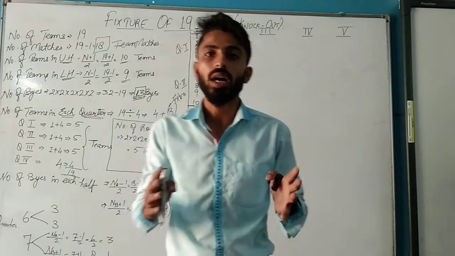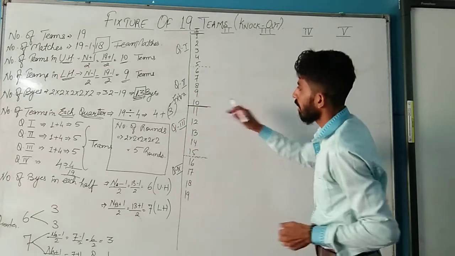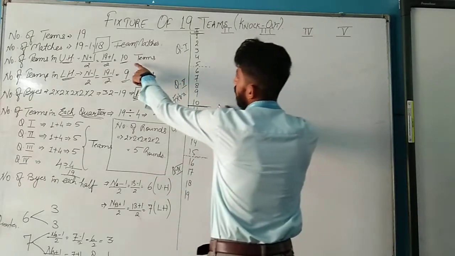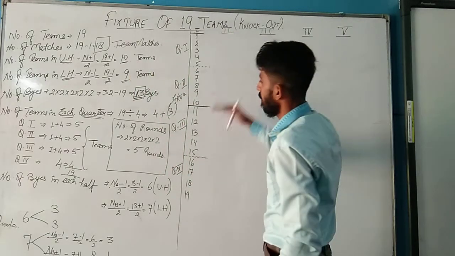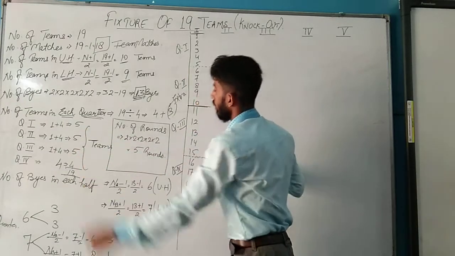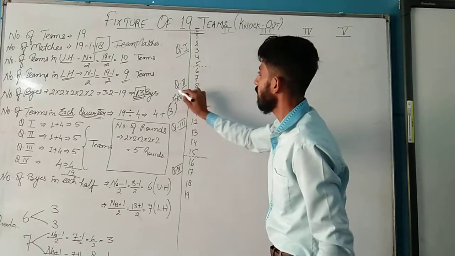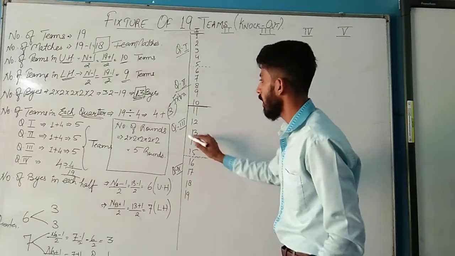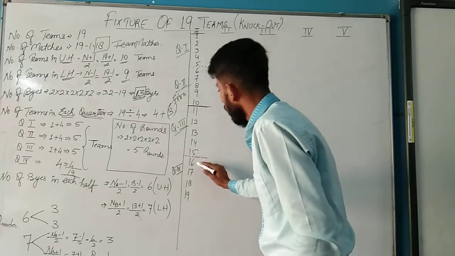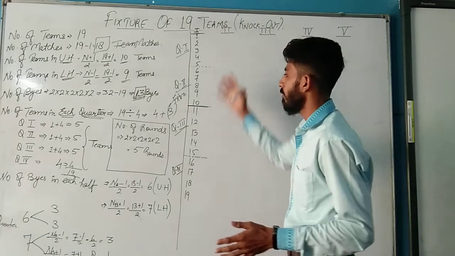Now we are going to calculate how the teams in the fixture are going to be divided as per the byes in quarters. Now let's move to the calculation. The fixture, as I told, the number of teams in upper half, this will be upper half and this is lower half. Now teams are further divided 5, 5, 5 and 4. 1, 2, 3, 4, 5, that is in quarter number 1. Next another 5 teams, that is in quarter number 2. Next another 5 teams, that is in quarter number 3. And the last remaining automatically goes to 4 teams, that is 1, 2, 3 and 4. These are all the teams relating to the fixtures.